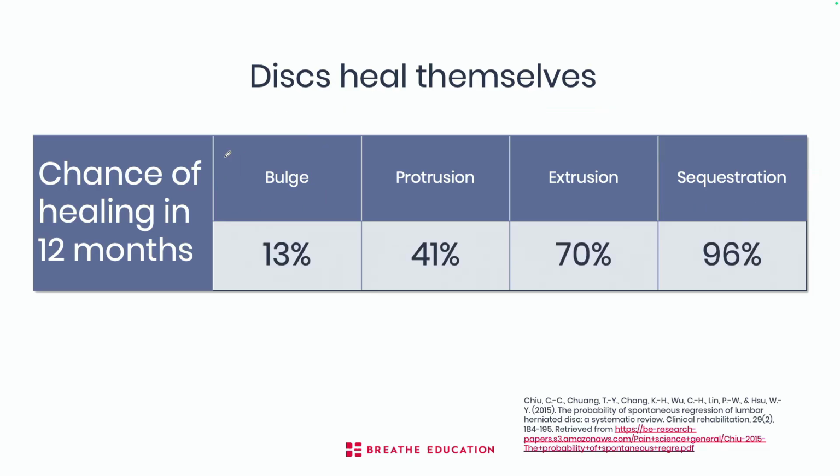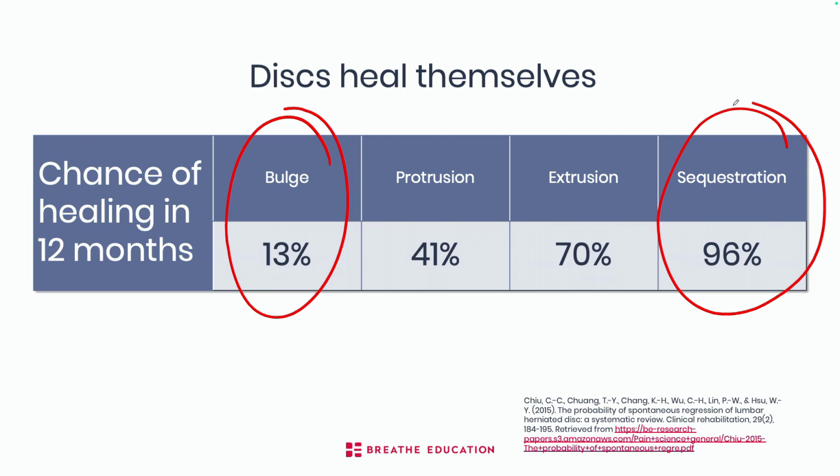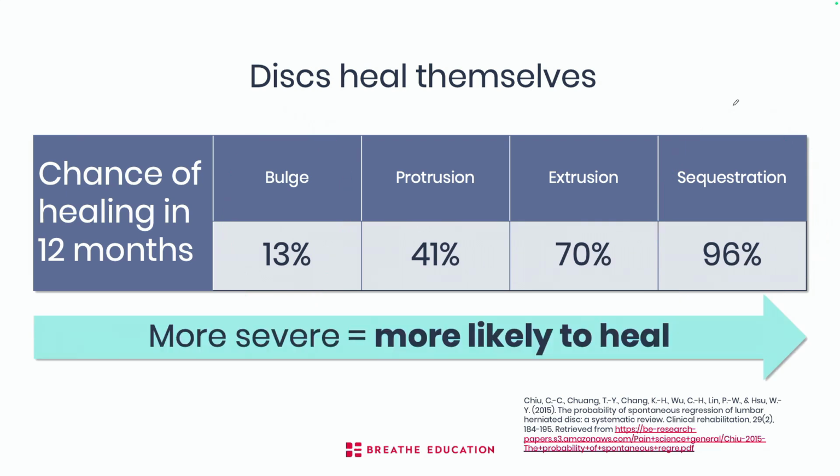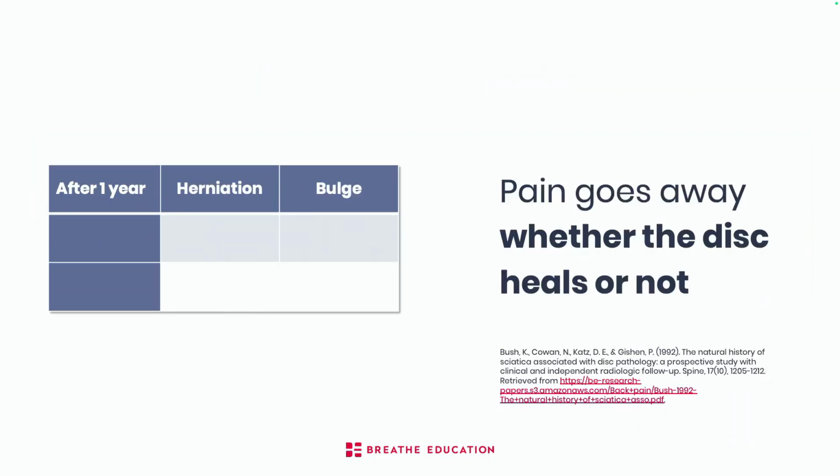Chance of it healing in 12 months goes up with severity, right? So the disc bulge, very unlikely to heal. Sequestration, almost certain to heal. Which is pretty cool. The more severe it is, the more likely it is to heal. But weirdly, and this was a different study, so the percentages are slightly different, even though those disc bulges and herniations have a different likelihood of healing, the chance of pain resolving is the same. So the pain almost certainly resolves whether or not the tissue changes,